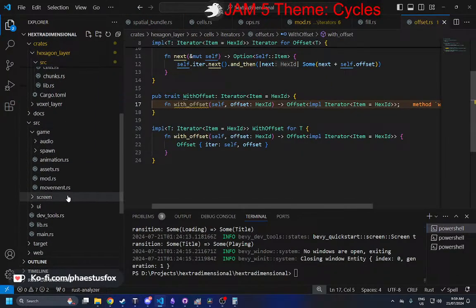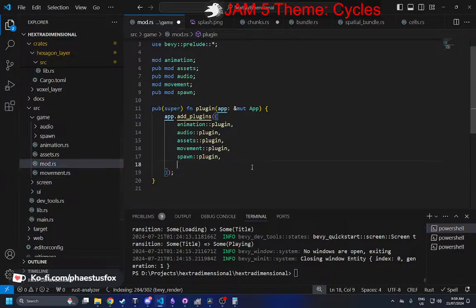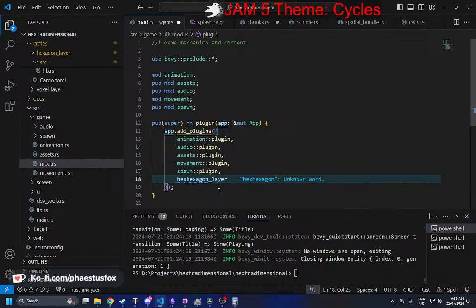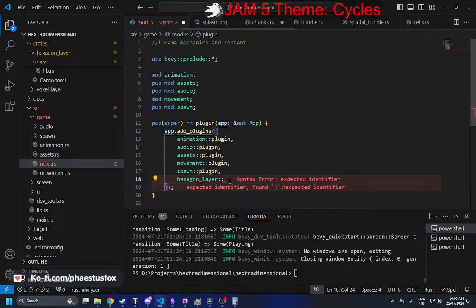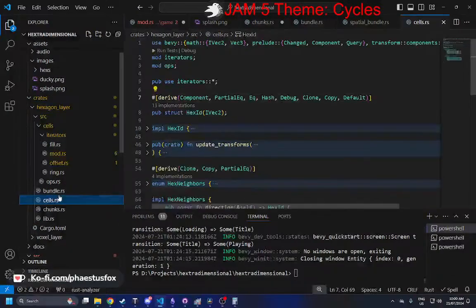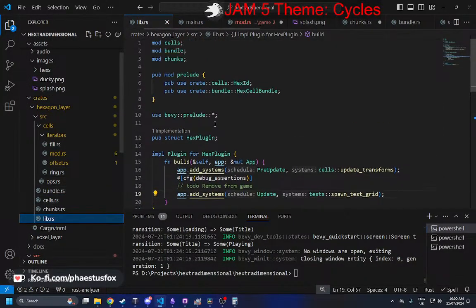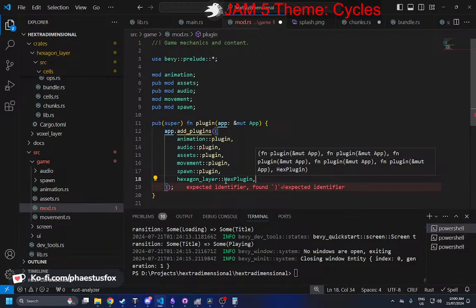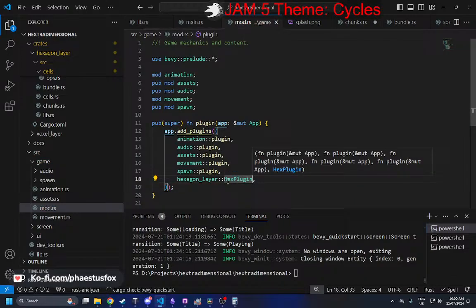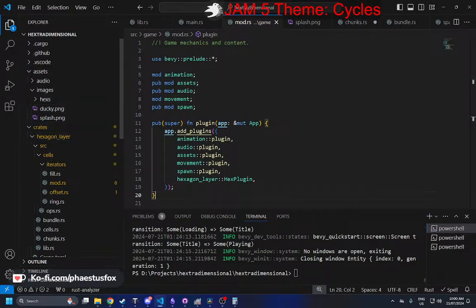Then we're going to say, wherever that was, hexagon layer dot prelude dot, and then we need to make sure that we include the plugin in our prelude. Well, it's there, so it should just be hexagon plugin. Maybe we don't need it in prelude. Okay, and it's got no data, so when we run this, outside of the fact that it's going to complain